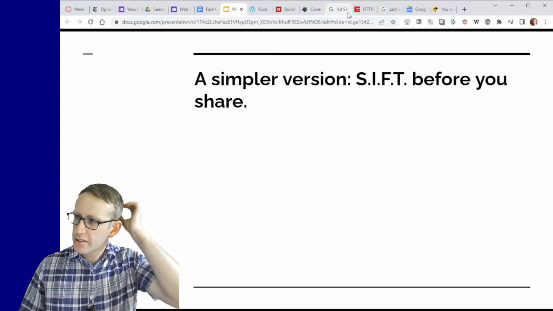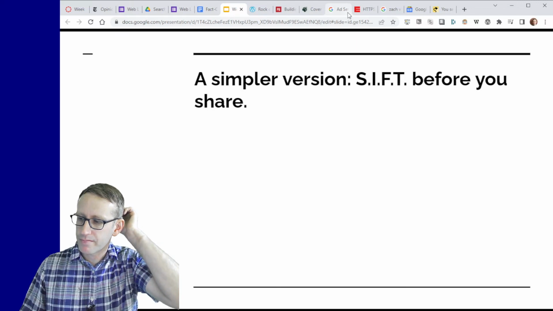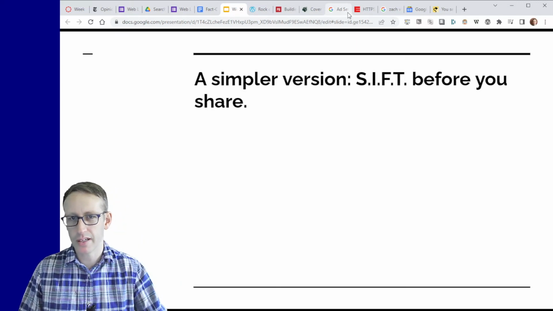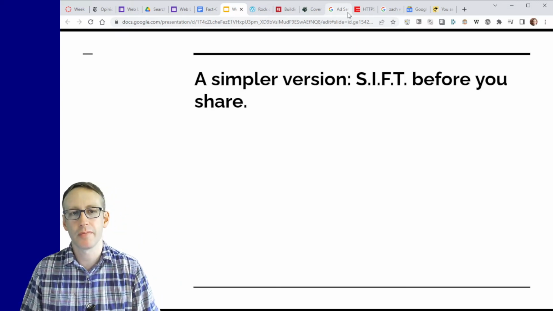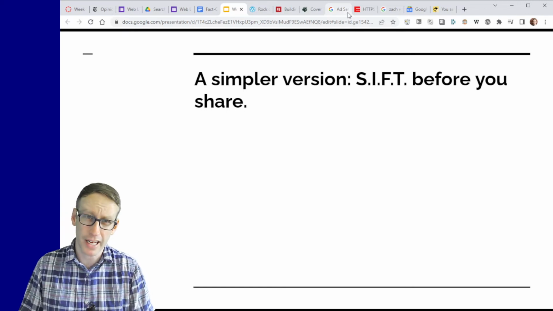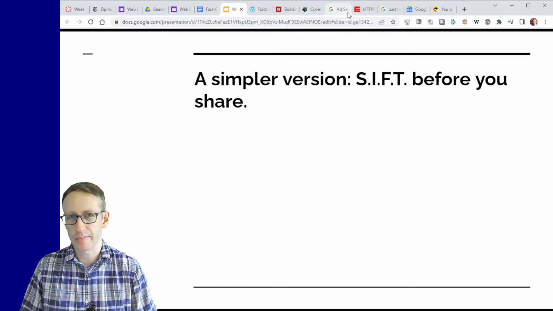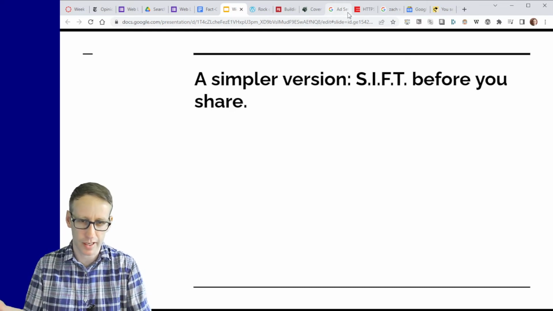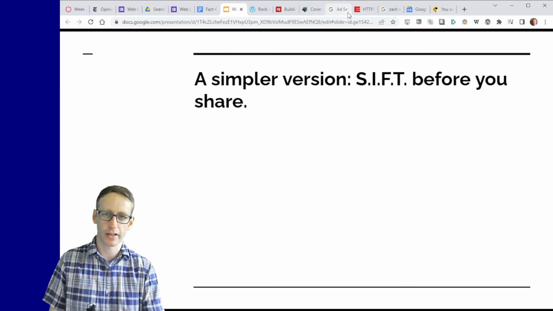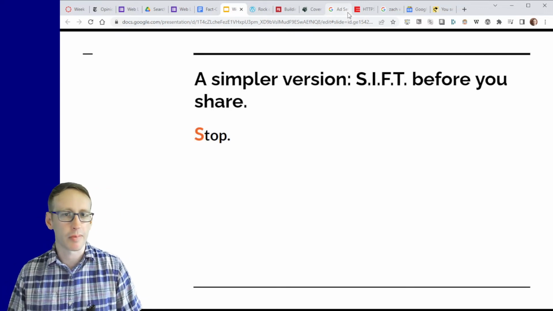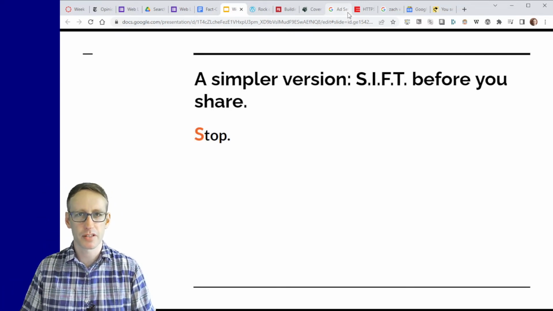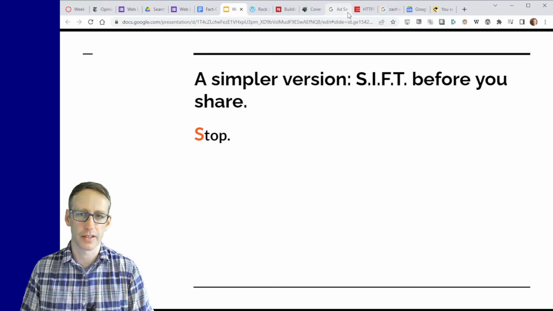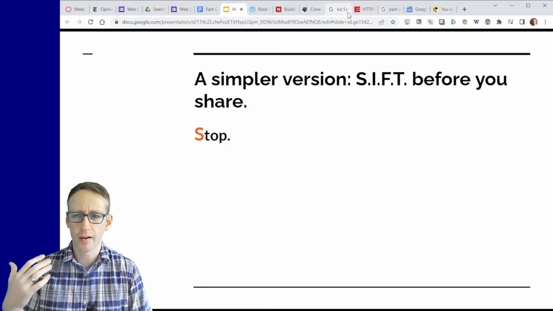Okay, this is a simpler version of the same methodology, the version that Caulfield talks about in the New York Times article, and it has an acronym, SIFT, so that makes it maybe a little bit easier to remember. Also, sifting has to do with sorting and deciding what's true or not. So it's a nice acronym. I like the acronym. So the first step is just to stop. Before you share something, just stop. This is kind of the check your gut feeling thing.